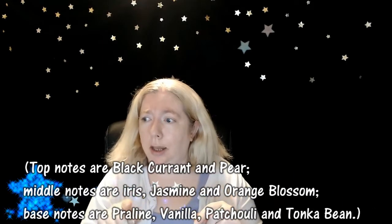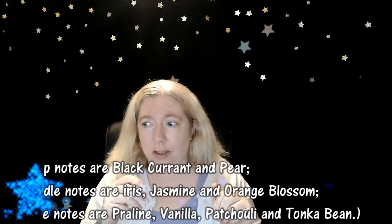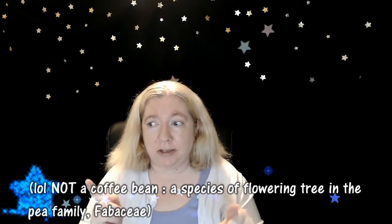Blackcurrant, pear, iris, jasmine, orange blossom, praline, vanilla, patchouli, I might have said that wrong, and tonka bean. I'm assuming it's coffee bean. I'm not sure. I'm already more pleasantly surprised by this one than the Rodriguez one. I think I sprayed that a bit much, but